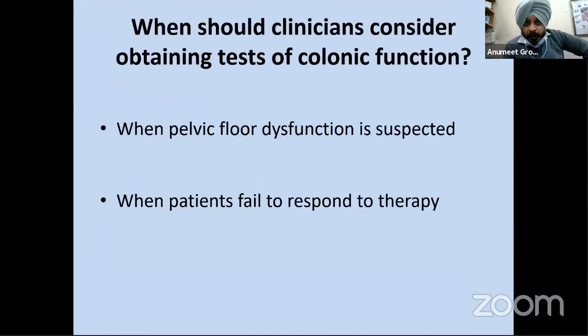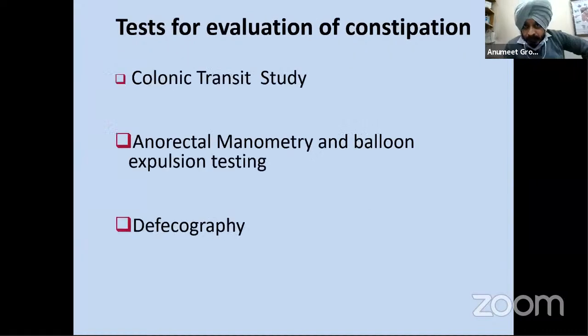When should we obtain tests for colonic function? That is, when we know we are dealing with functional constipation and there is not a secondary cause of constipation. What are the tests for colonic function? I'll be talking about them in the subsequent slides. When you suspect a defecation disorder or outlet obstructive constipation, or when the patient doesn't respond to the standard therapies. For colonic function, we use colonic transit study, anorectal manometry and balloon expulsion testing,